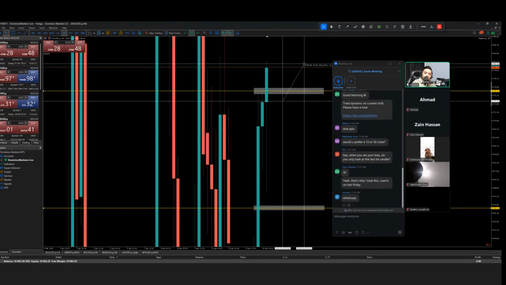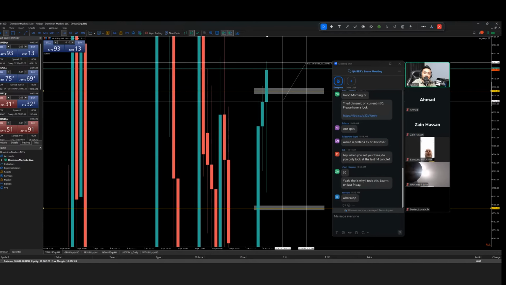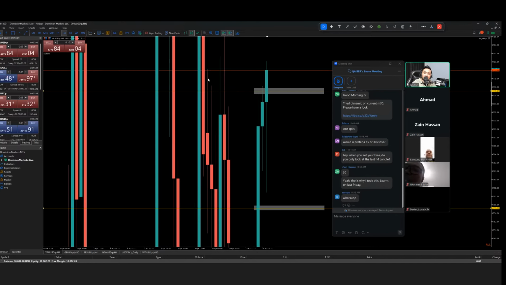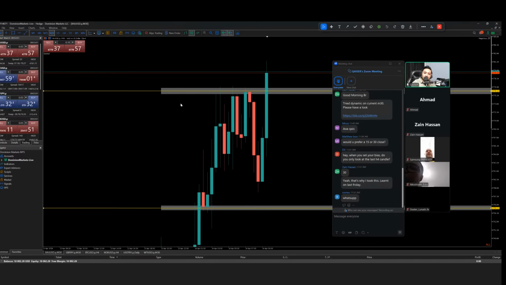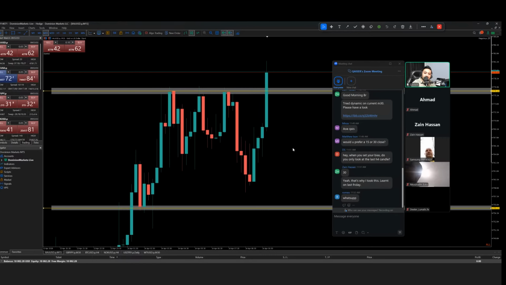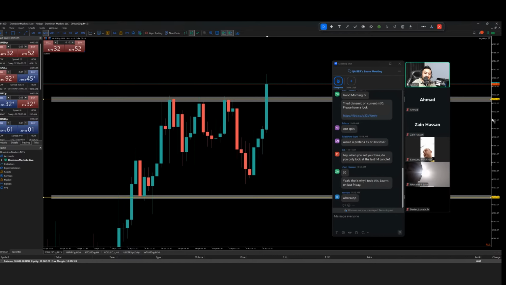I could secure some position here, leave 10% and close 90%. That makes sense. But look at this, man. You can see what just happened here. So now what I could do is let it close, and without getting into FOMO, I need a candle